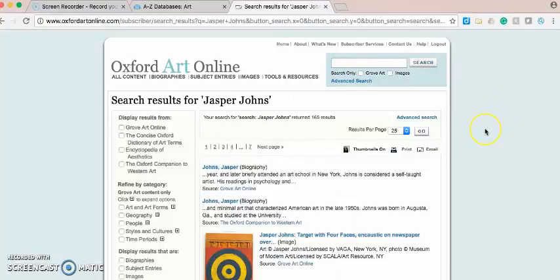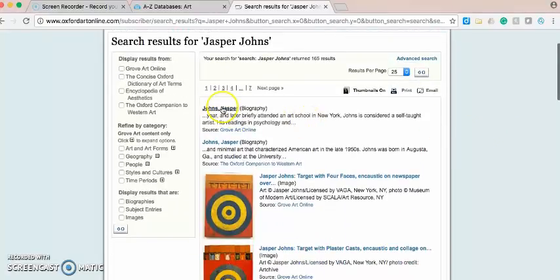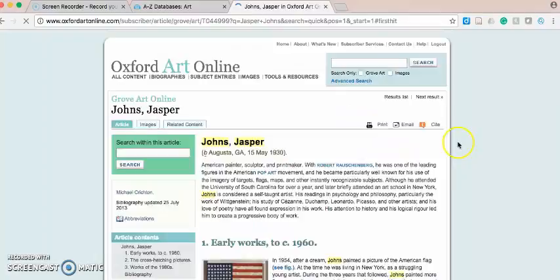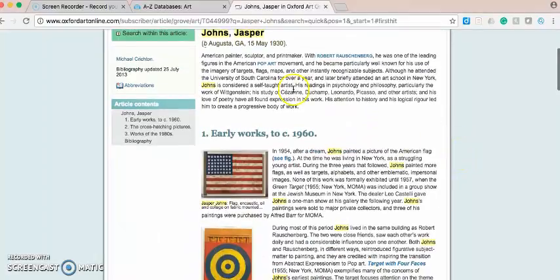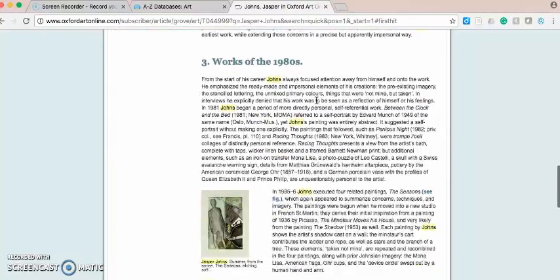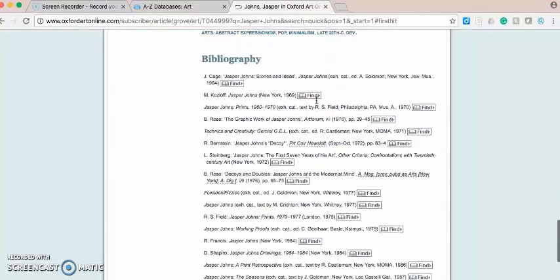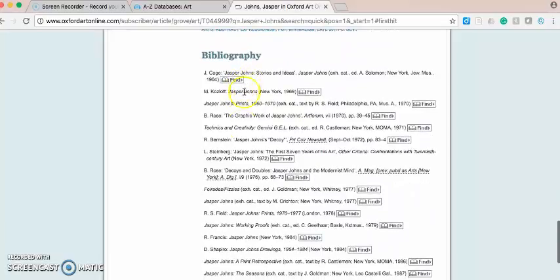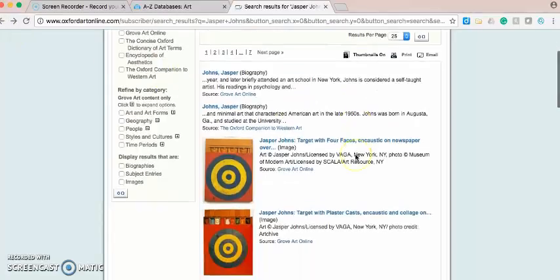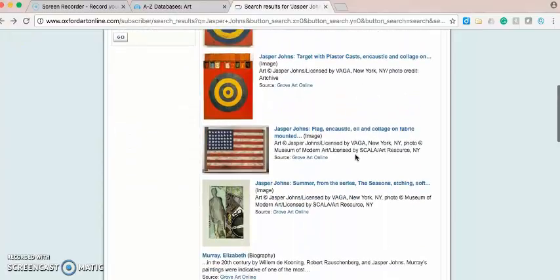Oxford Art Online will provide me with a biography of the artist, and so just quickly looking at that, it will show that he is a part of the pop art movement, that he is a painter and a sculptor. And going down at the bottom of the page, it also gives me a bibliography, and so these could be some sources that I might use for my research topic. Going back to the previous page, it lists some of the artwork that he had, and so I'm going to